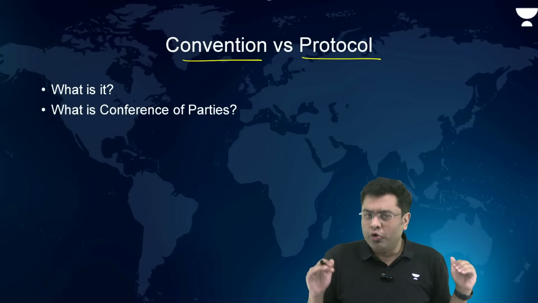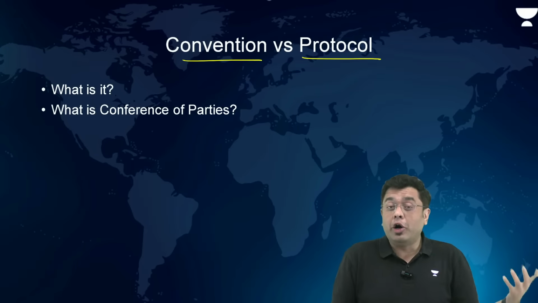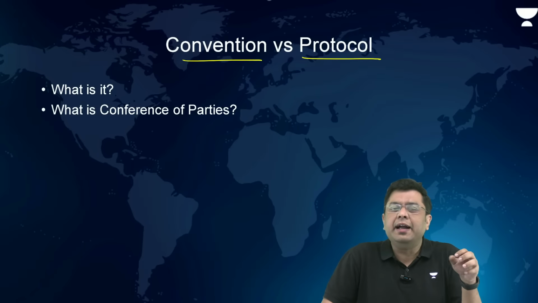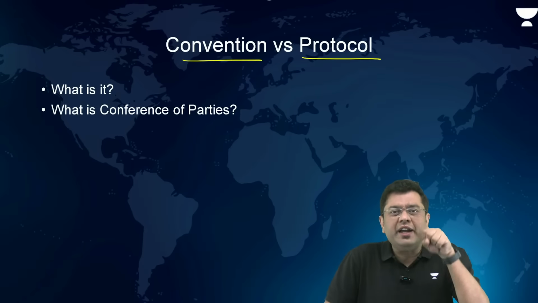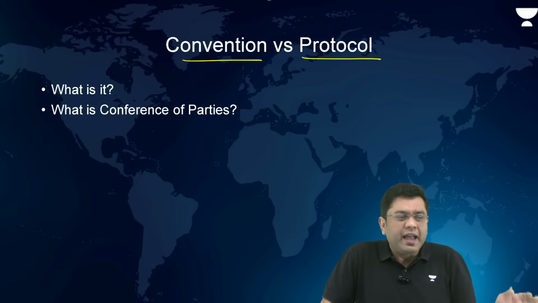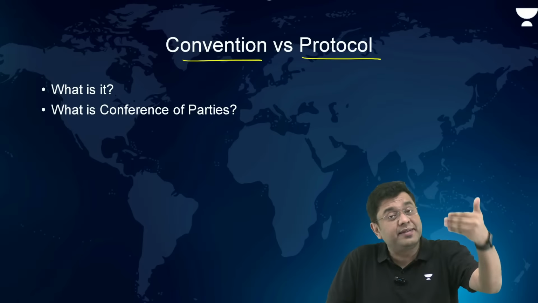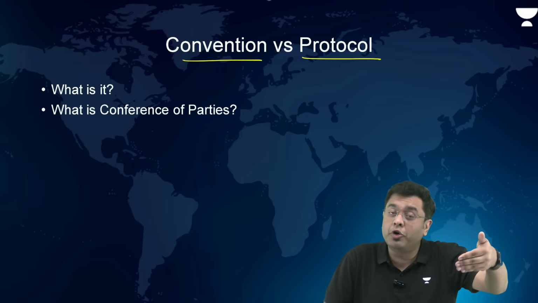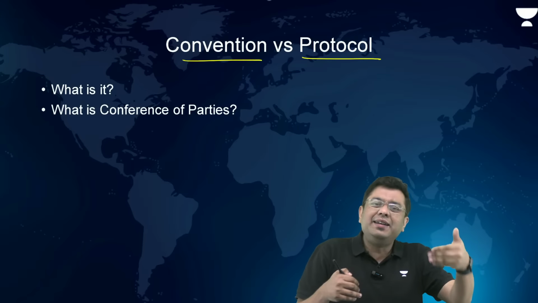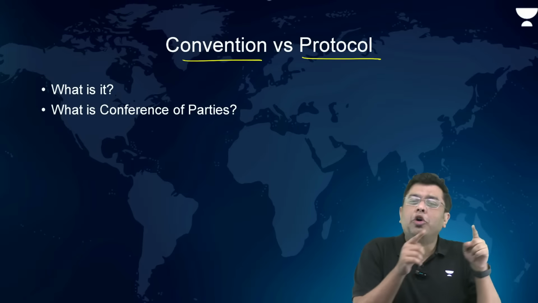Now all of you return home, and after a couple of weeks you realize that you have not decided how to improve the answer writing, where to get the mentorship, where to go for, let's suppose, any kind of help and so on. So again, you meet at another one of the eatery joints, let's suppose a Domino's. And you then set a timeline that in the next 4 months, I will complete the GS. In the next 6 months, I will complete the answer writing. Then I will appear for the optional paper and so on. So you are setting an agenda. You are setting a timeline. So that will be the Domino's protocol to the Cafe Coffee Day convention.